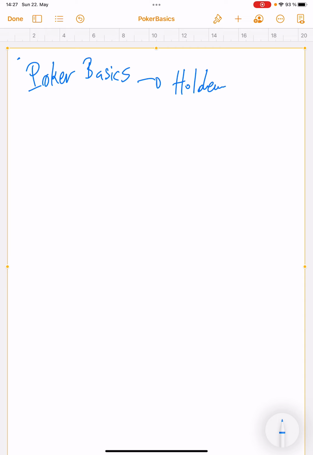Okay, so we start off with poker basics. And specifically, we are going to talk about Hold'em. There are other variants as well, but this one is the one I like. And basically the rules are, so you will have a board. Actually, everybody will have a board. And the board